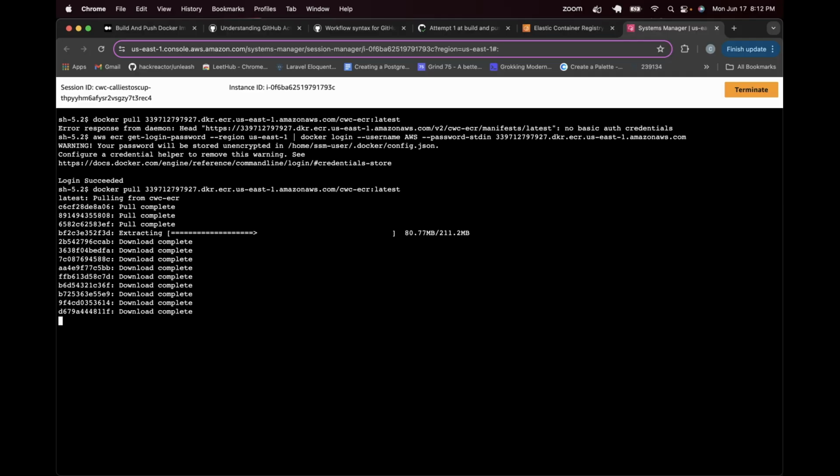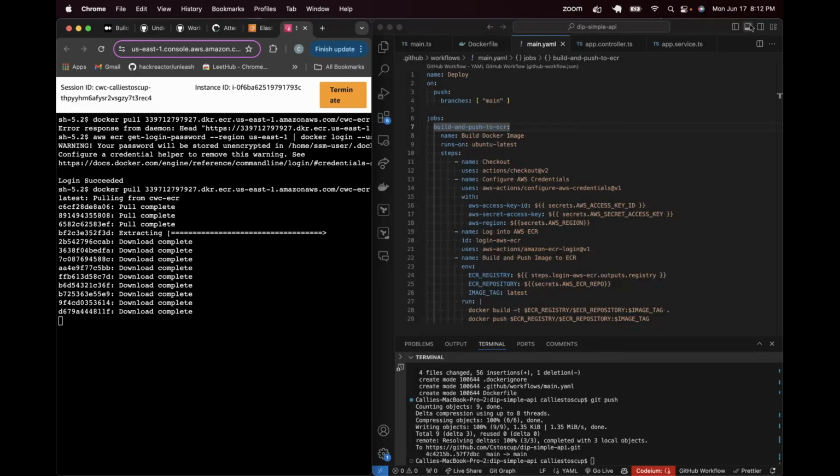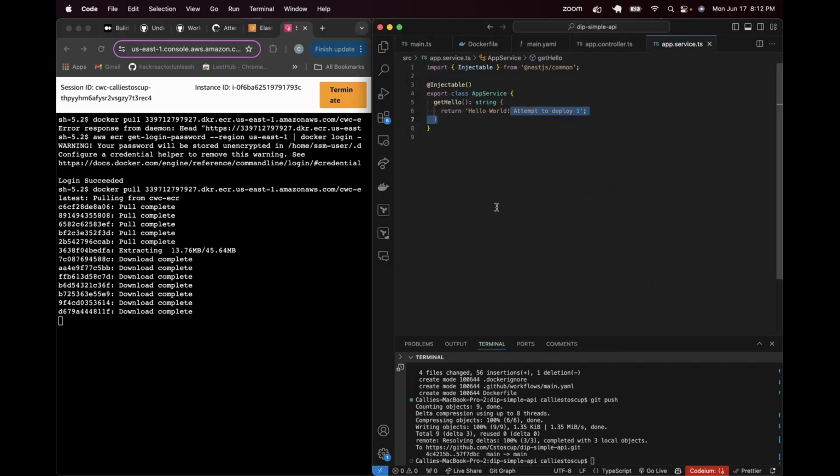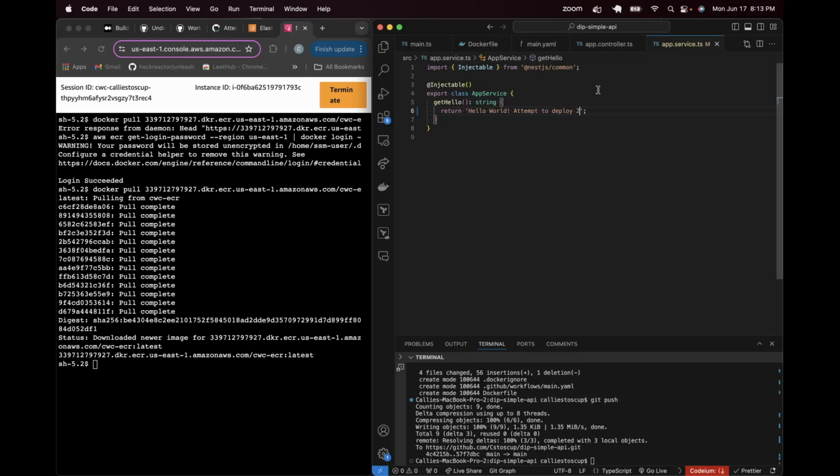All right, so while it's doing that, here's what I want to test. We said attempted to deploy 1, so I'm going to change this to 2. What I'm trying to make sure is that we can edit our file. So we downloaded it. Now let's do Docker,